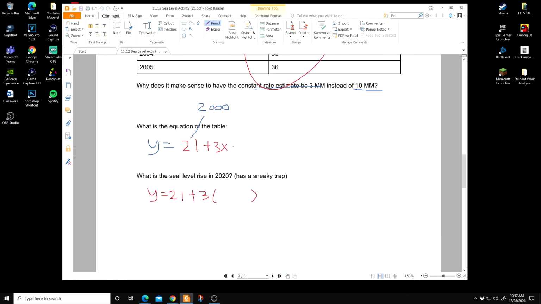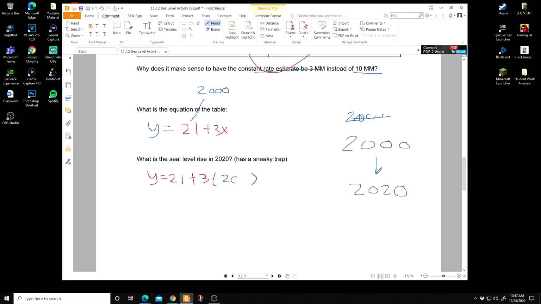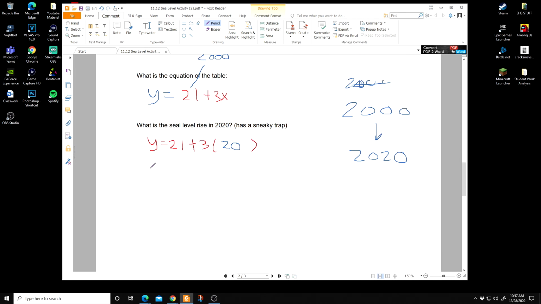This is the year 2000. So from the year 2000 to the year 2020, it's been 20 years. So you want to put 20 into here, right? Because that's the difference between these two. So now that we did this, we're going to get y is equal to 21